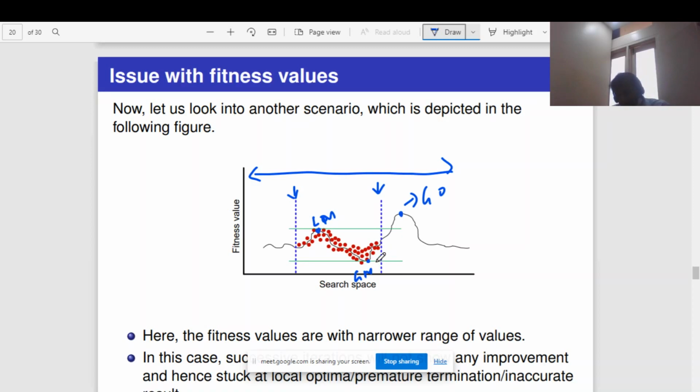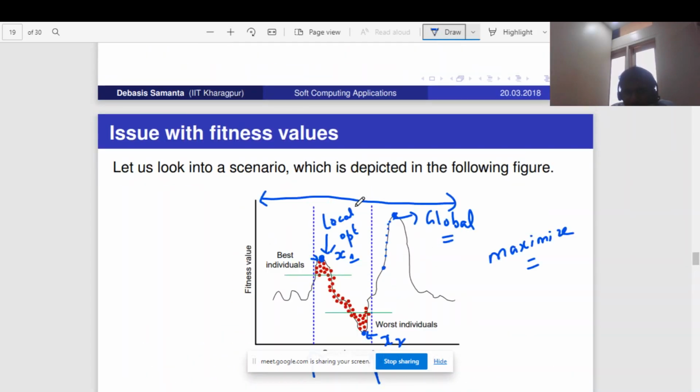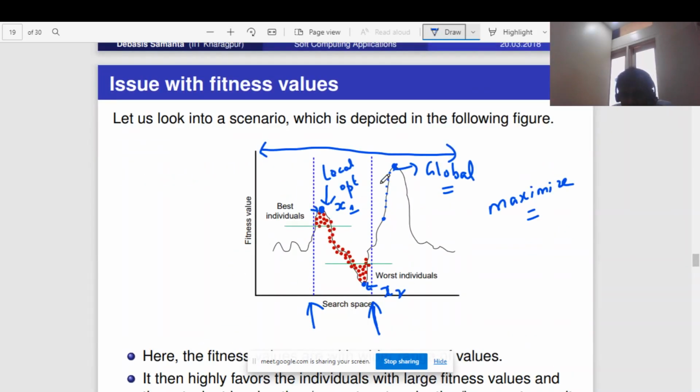Right. Now, what's the difference between that graph and this graph? Say here the local maximum point is X1 and this is X2. There also I have marked X1 and X2. There also the local maximum point is X1 and the global minimal point is X2. What is the difference between this graph and that graph? Any observation? You can tell something, it may be wrong also. What do you observe?